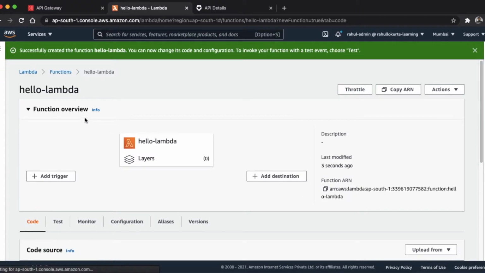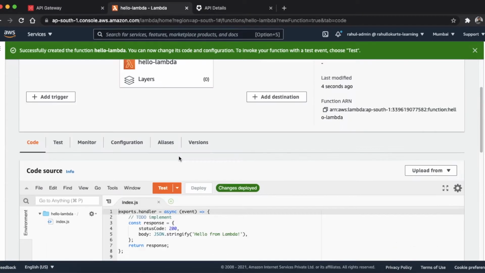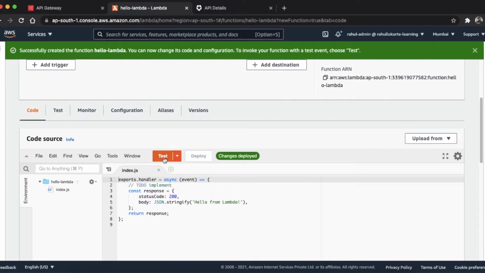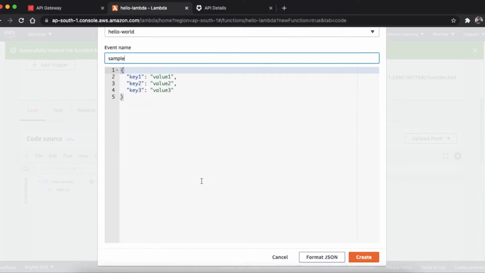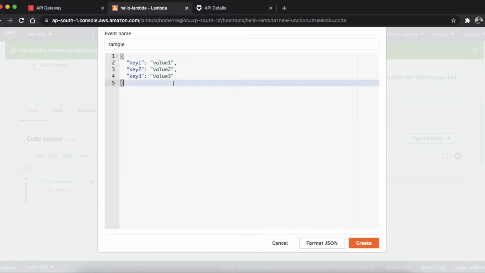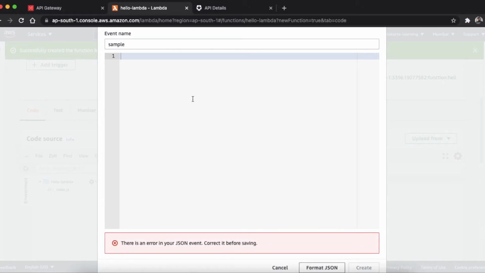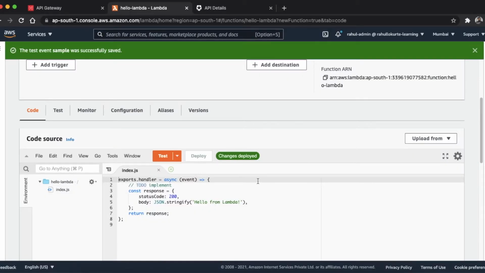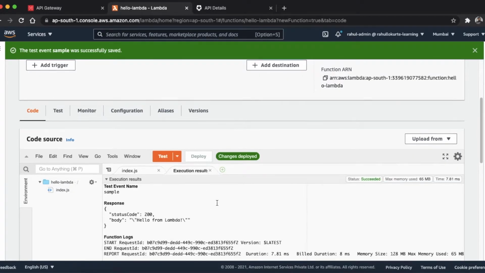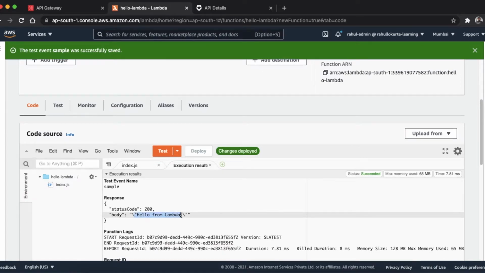So you can see we get a hello lambda function. If you just test this, just give a sample, and we don't need any input right now. So just creating an empty JSON is okay for us. Let's create it. Now just test it. It says hello from lambda.